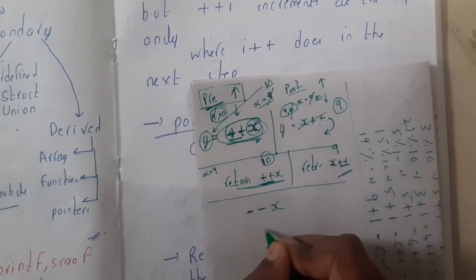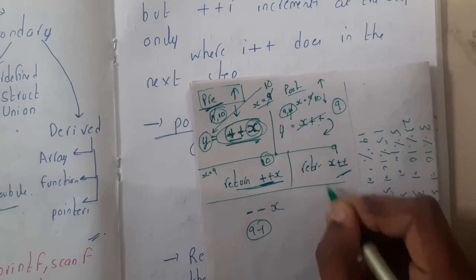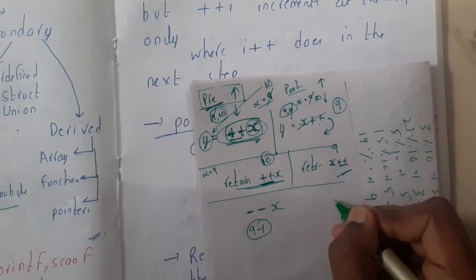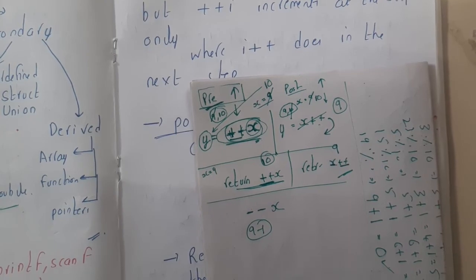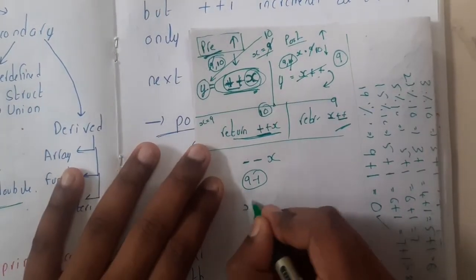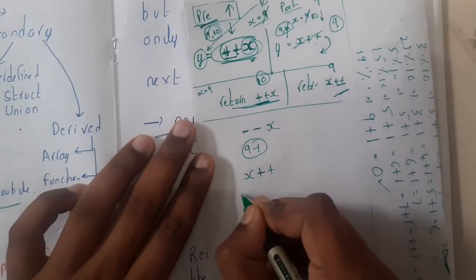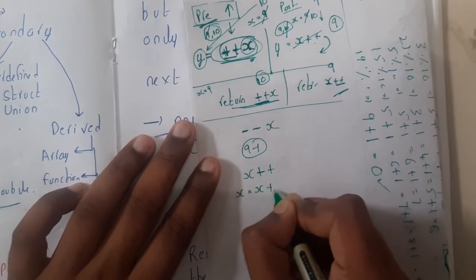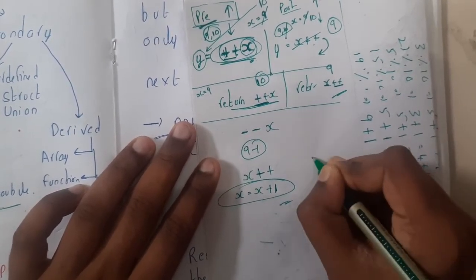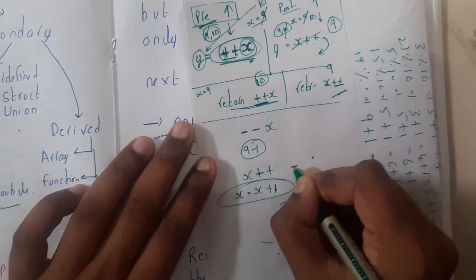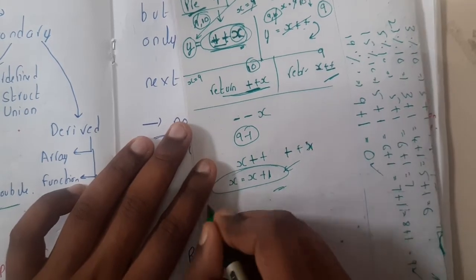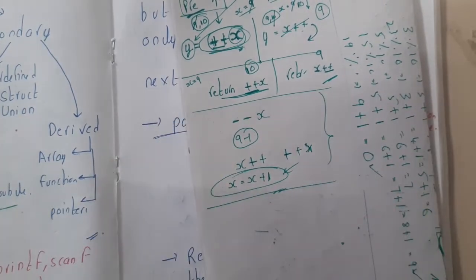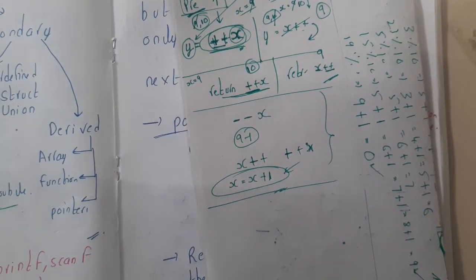The same concept you can apply in decrement also, guys. Minus minus x means instantly it will do minus 1, while x minus minus will do it after. If you are new to increment and decrement, what exactly is this operator? If you write x plus plus, it is nothing but x is equal to x plus 1, guys. Plus plus x is also the same. So this is about pre-increment and post-increment, guys. If you have no idea yet, while solving questions you will get more idea.